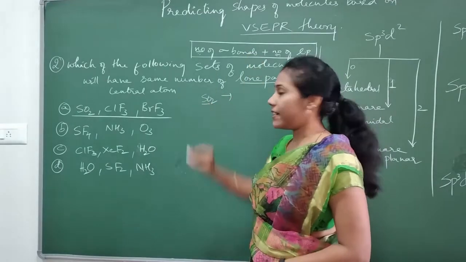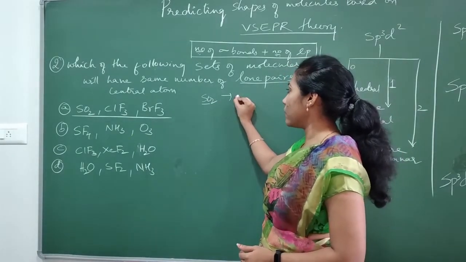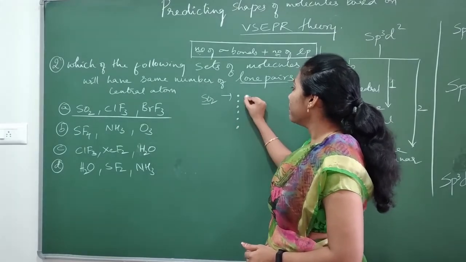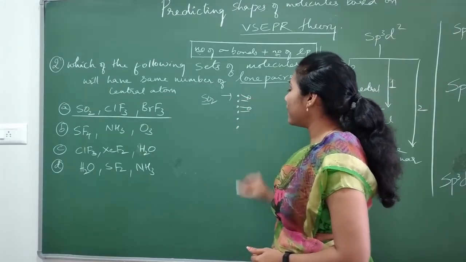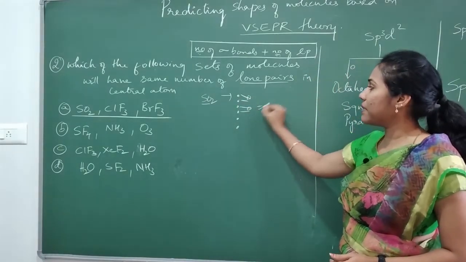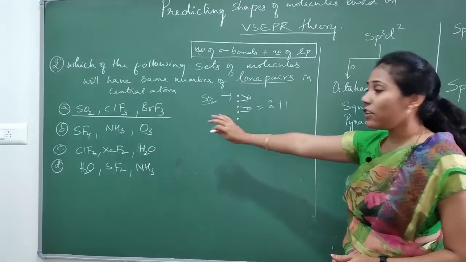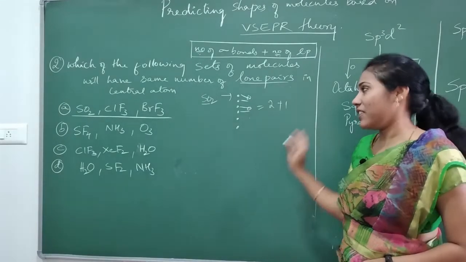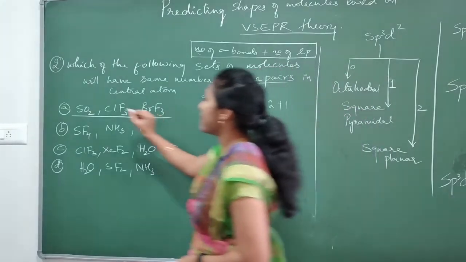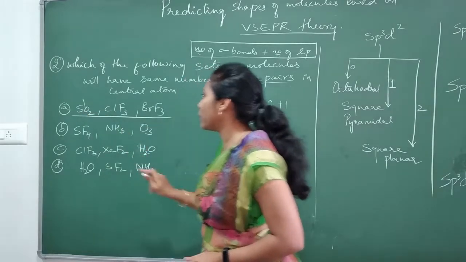So sulfur is the central atom and it belongs to the 16th group and it is having 6 valence electrons, isn't it? 1, 2, 3, 4, 5, 6. 2 oxygen atoms are taken, each oxygen is taking up 2 electrons. Apply the trick. How many sigma bonds? 2 sigma bonds plus how many lone pairs? 1. Anyway, they are not asking anything about hybridization, they are just asking how many lone pairs are there. So we can easily say 1 lone pair is there on sulfur of SO2.